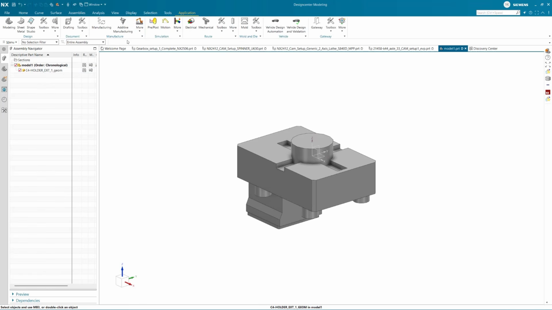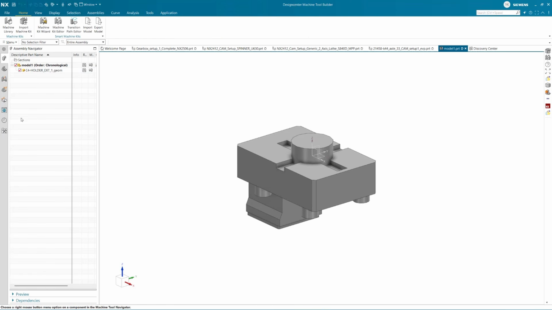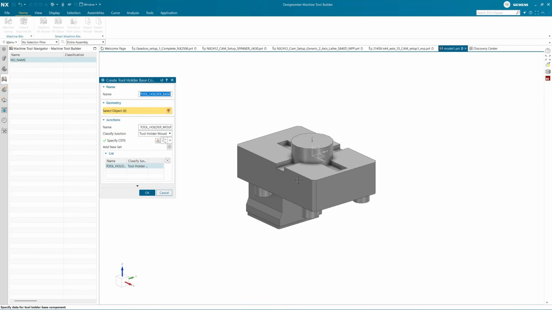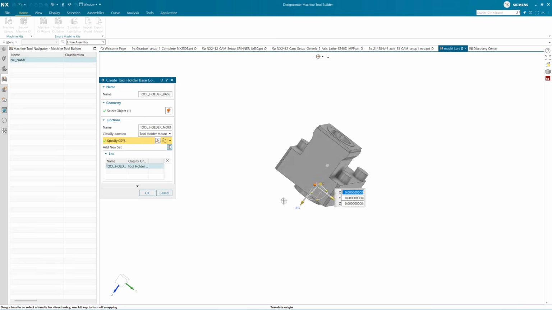Inside the machine tool application, if you right click on this empty no name and insert, previously we did not have this many component classifications available, but now in NX 2506 you can add the tool holder base component, you can directly specify the body, and you can also specify the mounting